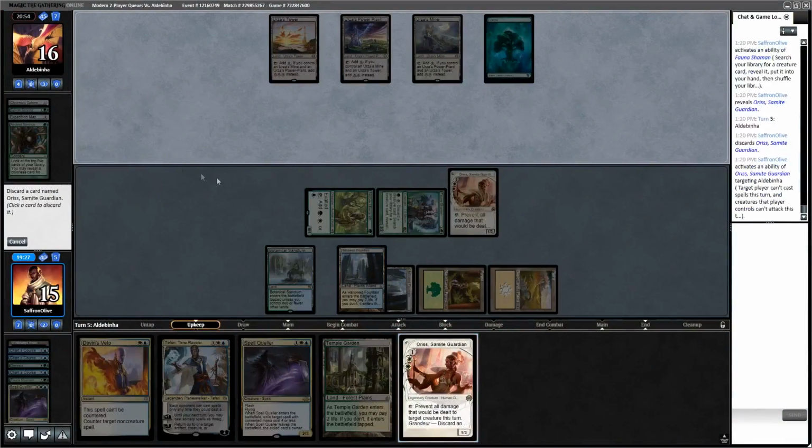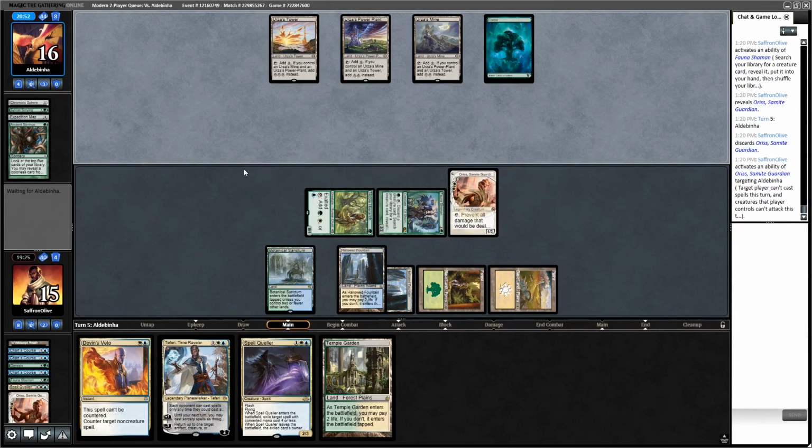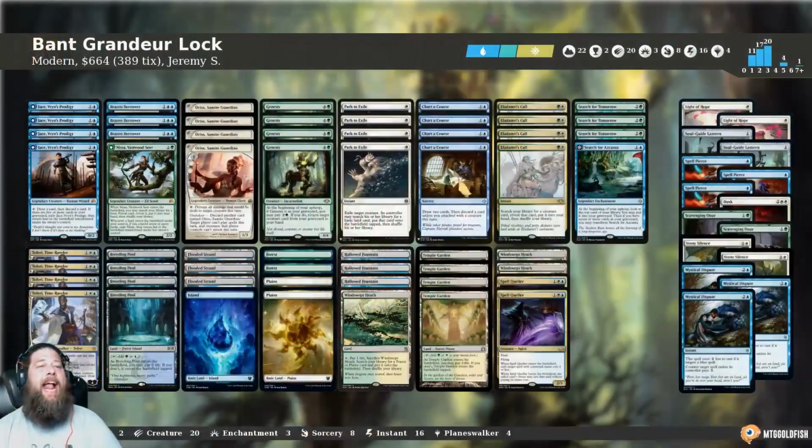No spells for you, including all your Tron Planeswalkers, opponent. No cards, no Ulamogs. Hello everyone, it's Seth, probably better known as Saffron Olive, and it's time for another edition